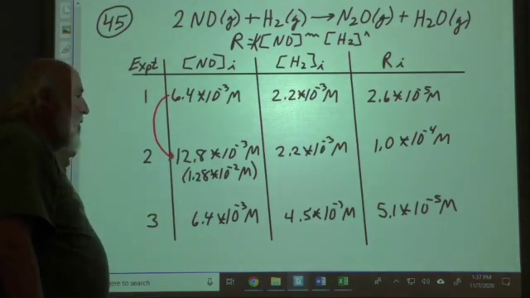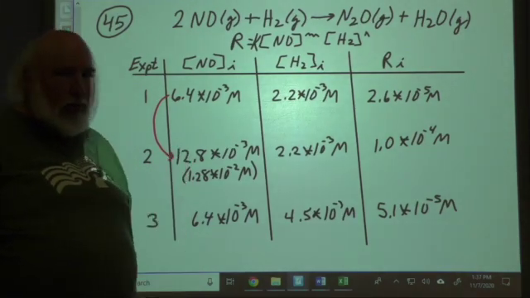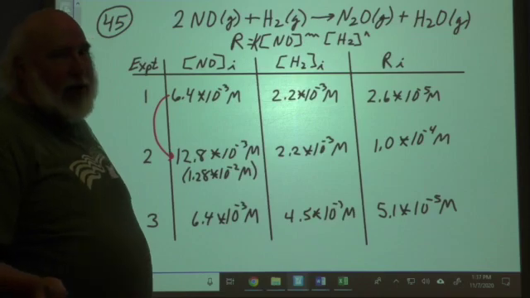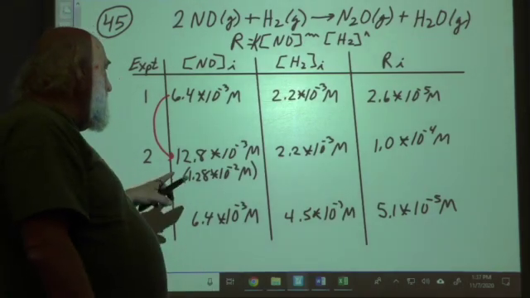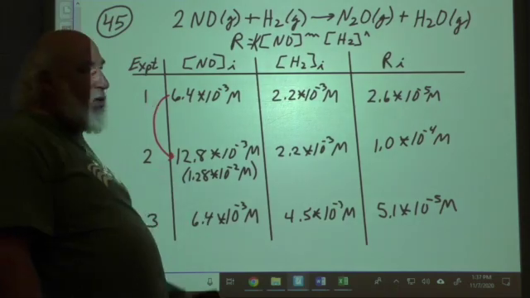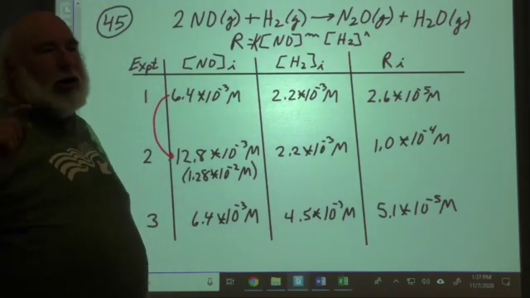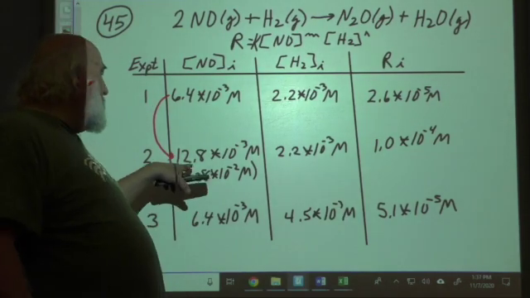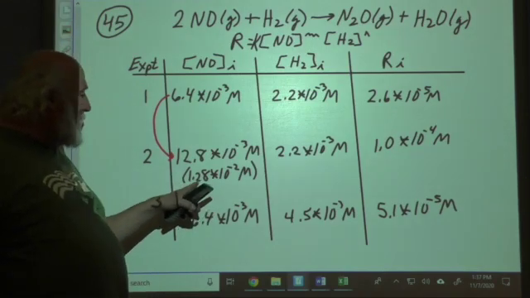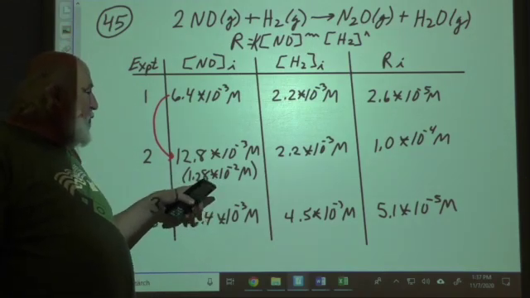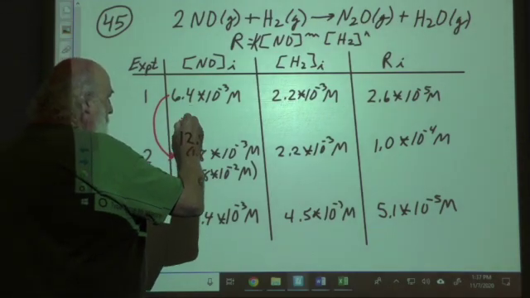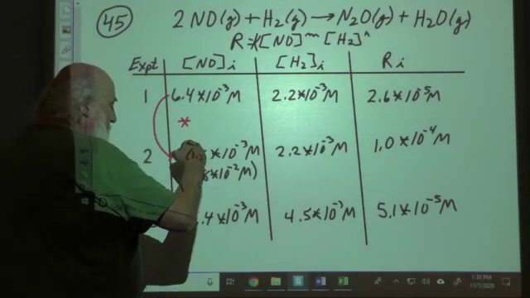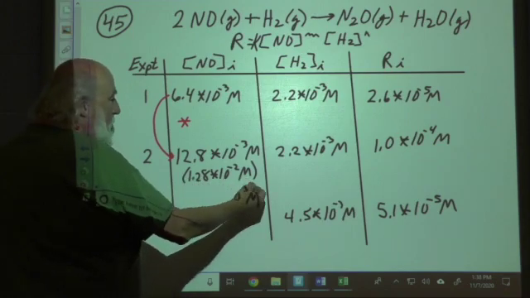Now, I really don't like that they put 12.8 times 10 to the negative 3. I know why they did it. Then they turn around and change it later on. I wish they had not done that, because you can see by looking at that that it's double. They should not have done that, because that's not how you write scientific notation. You actually write it like this. And to figure out how that changes, you see that that's doubling,